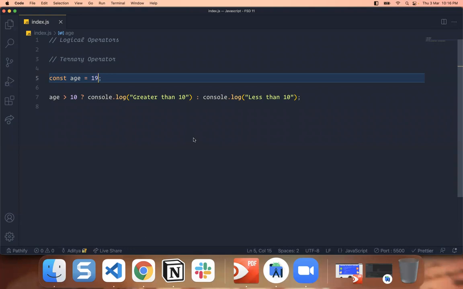Yes, so any questions here, guys? Sir, if I use multiple values? We can use multiple values. That is called